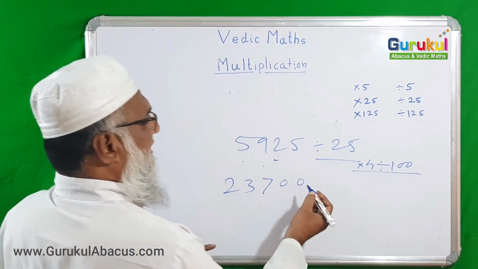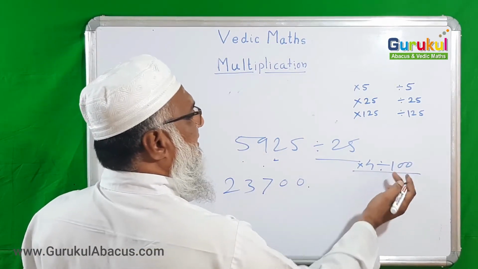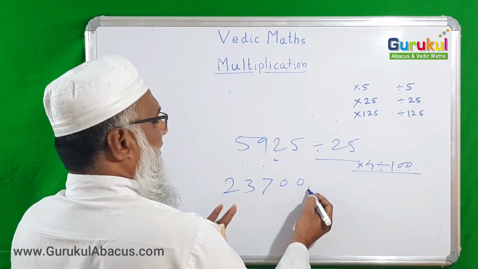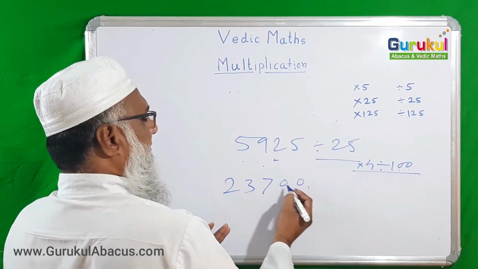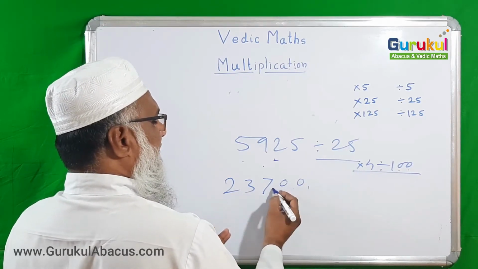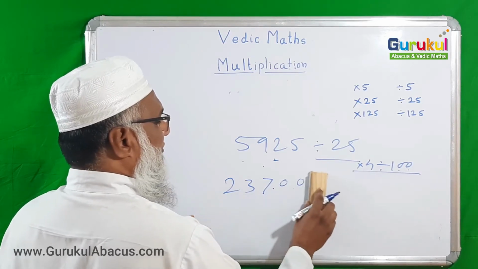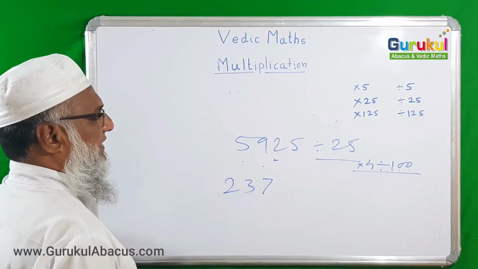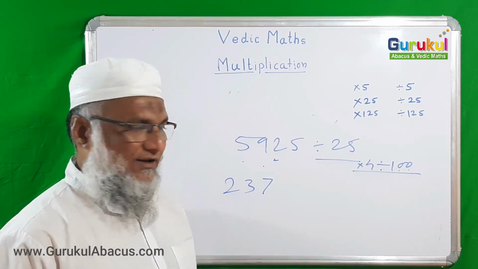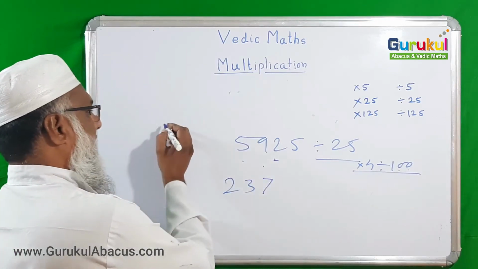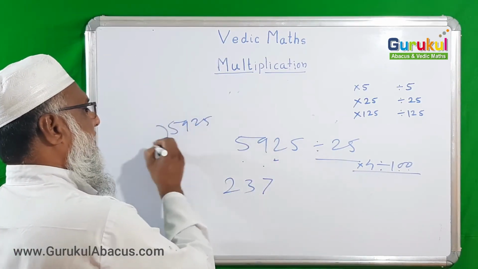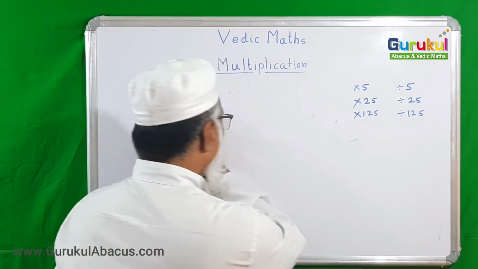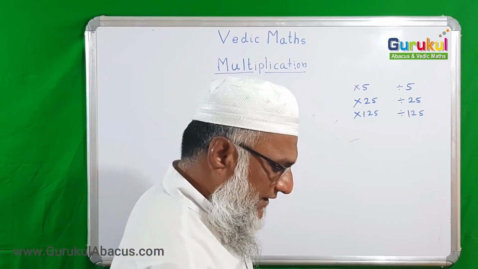And now the decimal point is here. We know dividing by 100 means what? 2 digits we should keep, just keep this decimal point on the left side 2 digits. So from here 1, 2, here I want to put the decimal point. After the decimal point there is 0 only, so I want to rub 0 and also the decimal point. My answer is 237. Easily we are solving. Otherwise by the traditional method, 5925 divided by 25 and saying the table of 25, those all methods were going on.